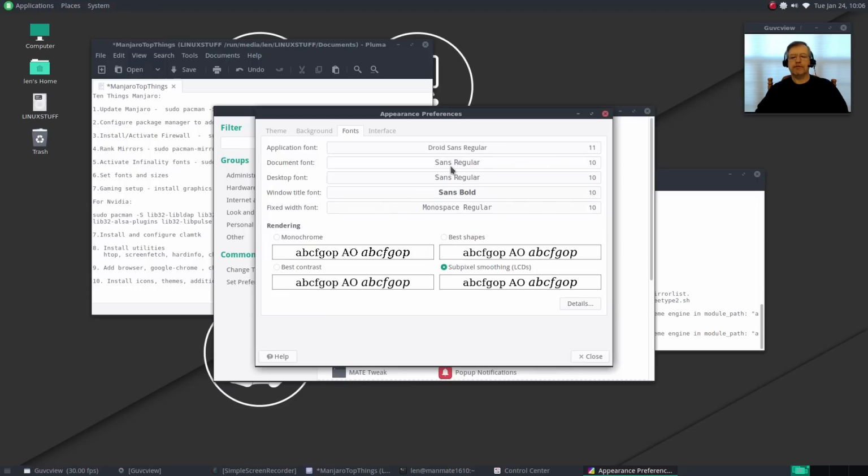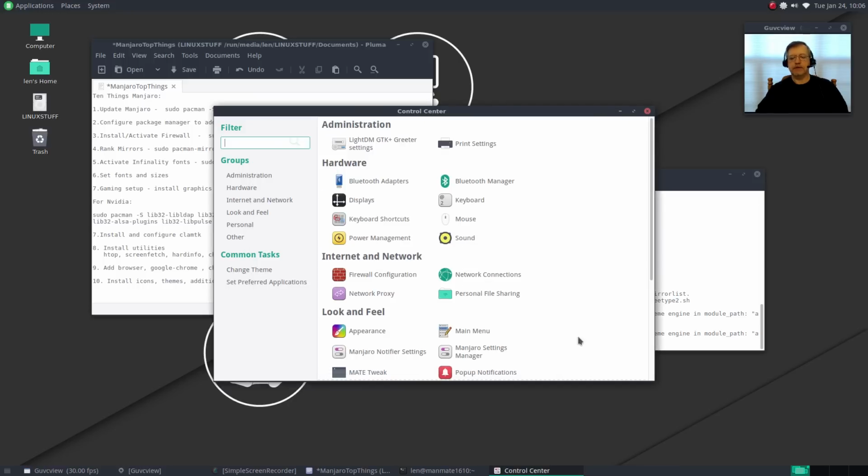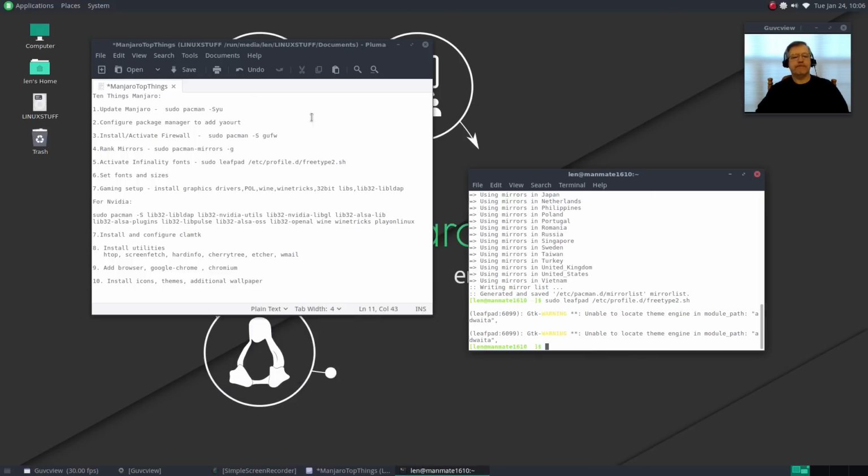Now, if you want to use Droid Sans across the board, you would go through and change each of those, and pick the one that you like the best. Okay, so that takes care of enabling Infinality Fonts. Now, we set our fonts and our sizes, and now we have to determine whether we want to